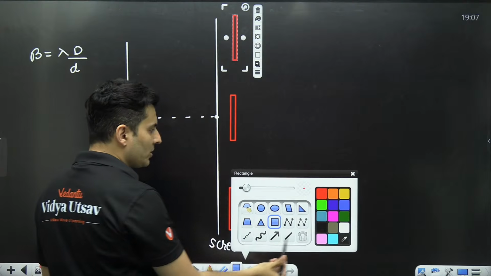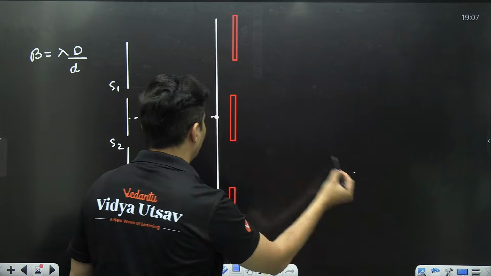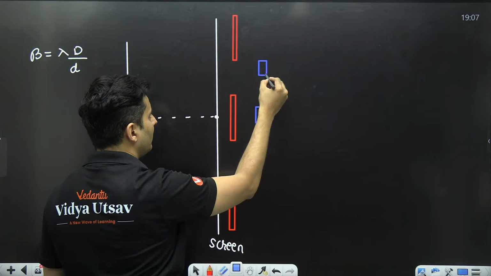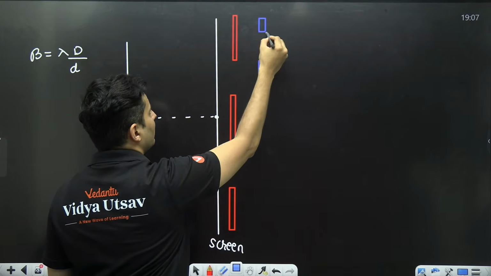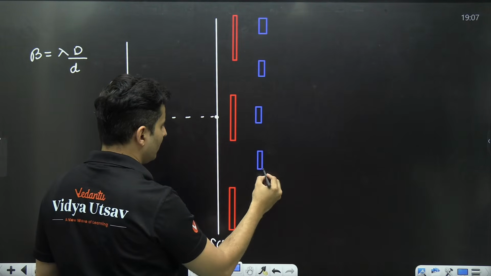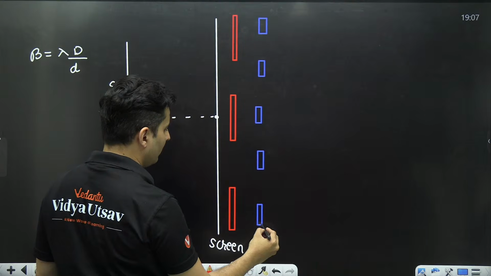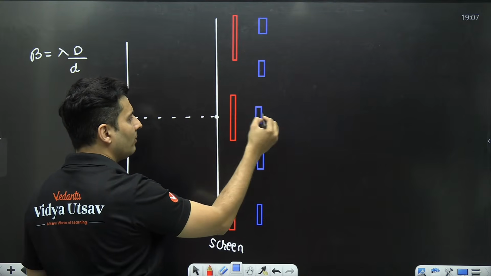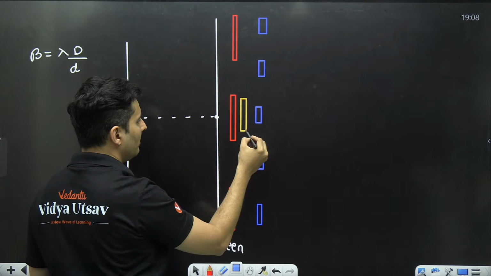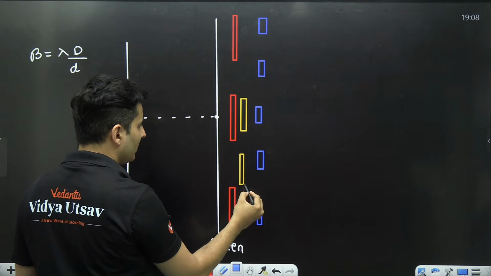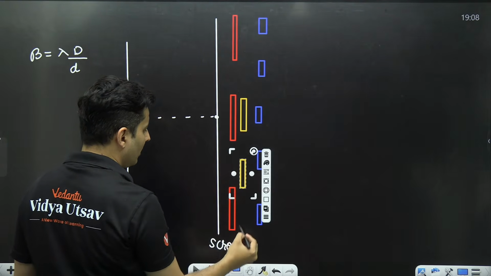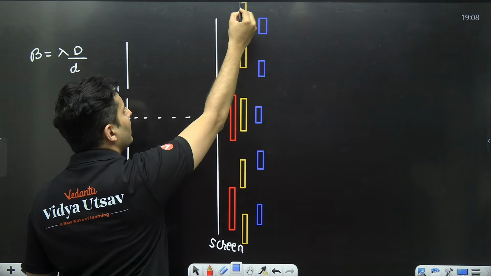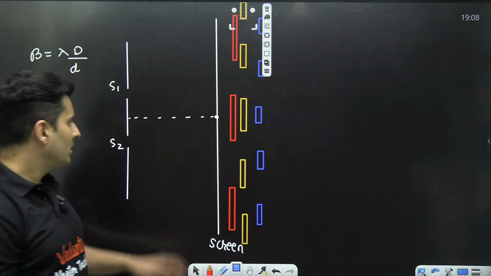Now, if you use, let's say, maybe violet color light, then the fringe width will be very small. The gap will be also less, and that's why the next fringe will be closer, like this, maybe. If you use, let's say, yellow color light, the fringe width is between blue and red. So the fringe will be medium wide, and maybe you will see that fringe getting repeated somewhere over here, maybe like this. So you will see that the fringe pattern never truly repeats again, because